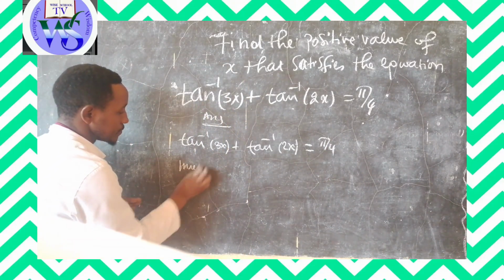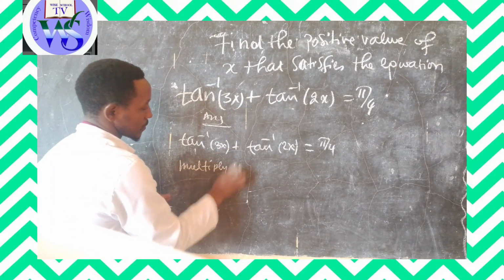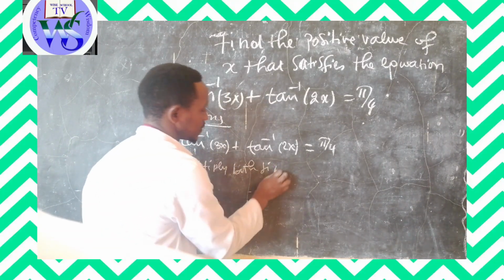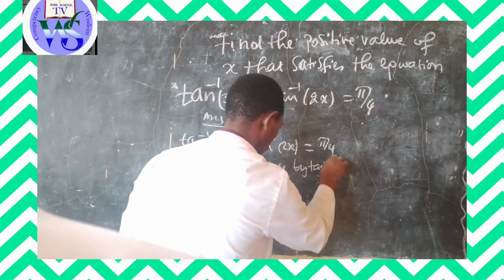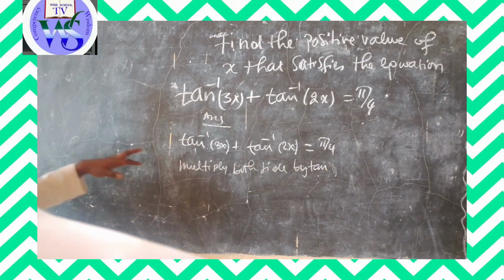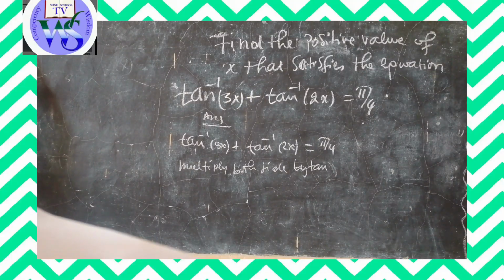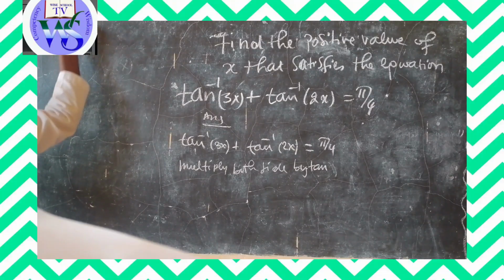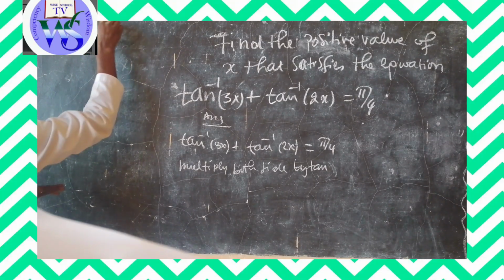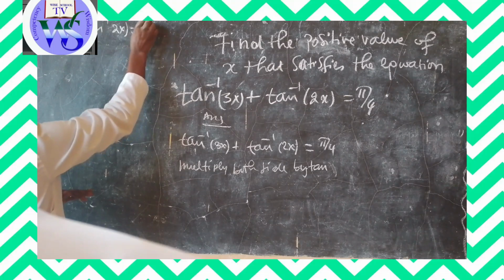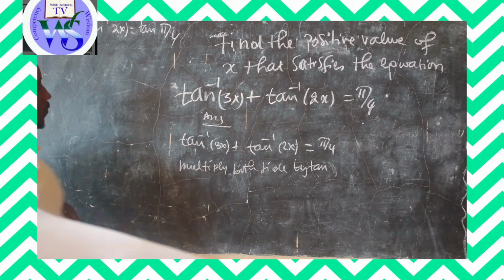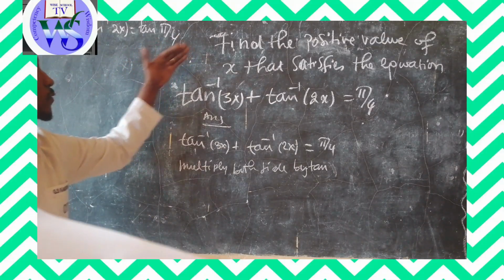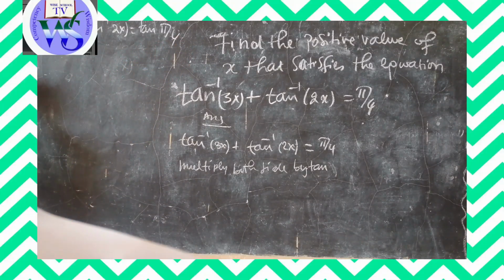Multiply both sides by tan. So what do we get? tan(tan⁻¹(3x) + tan⁻¹(2x)) = tan(π/4). The tan of π/4 is equal to what? Remember that